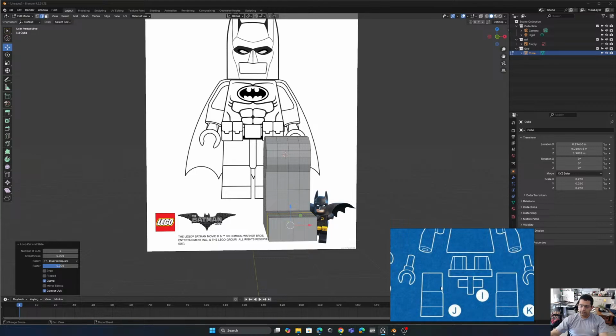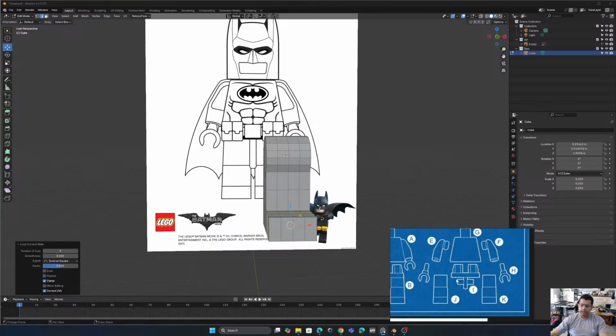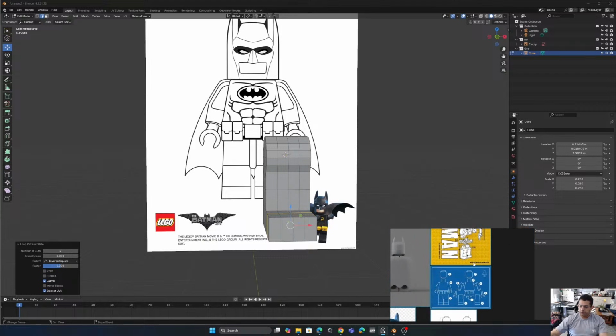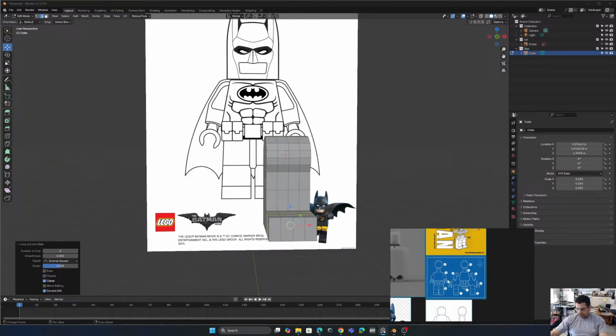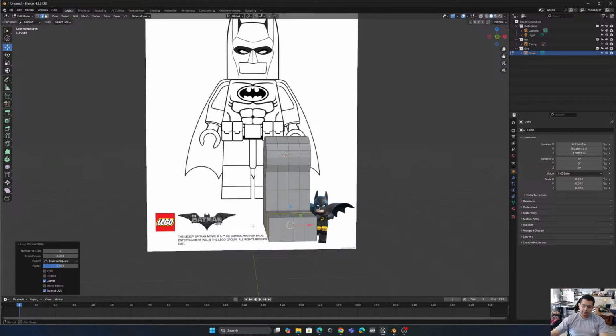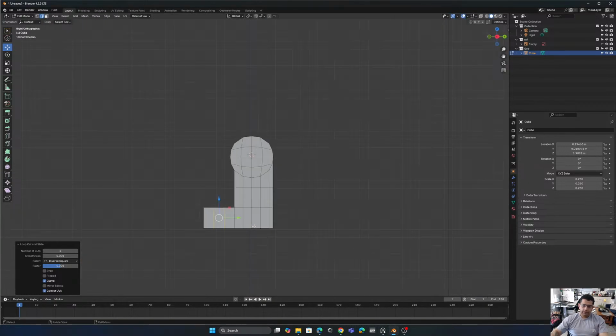So we need to create the hole so we could fit this part into the leg, and we could have the rotation movement that the Lego Batman has in the leg. So we have to move to 3, but we're not seeing that part that we need to. So we're gonna press 9 to see the opposite view,